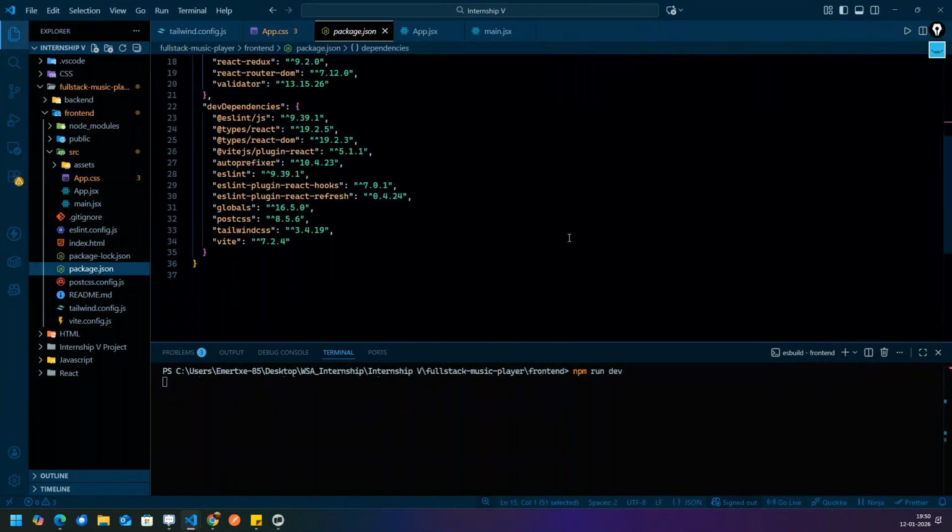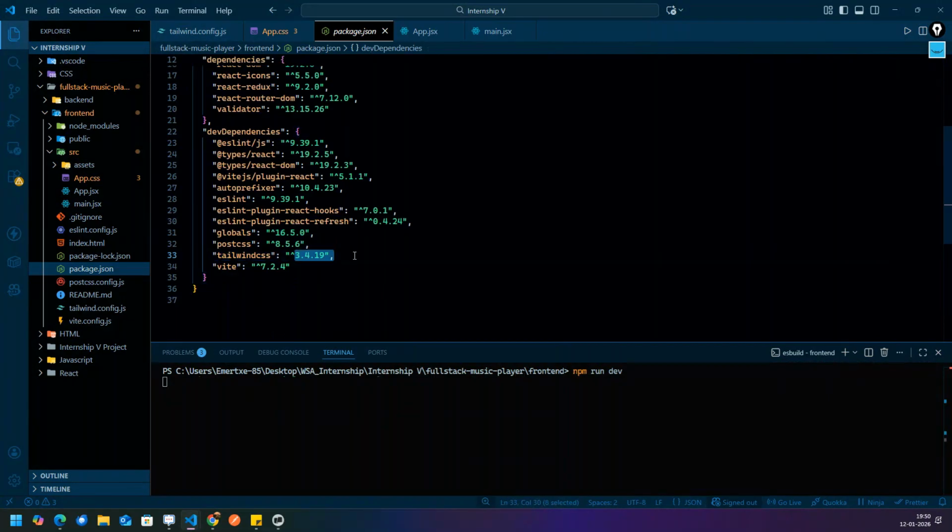See, everything you can check over here in package.json: Tailwind CSS 3.4.19, PostCSS 8.5.6, and everything is there.